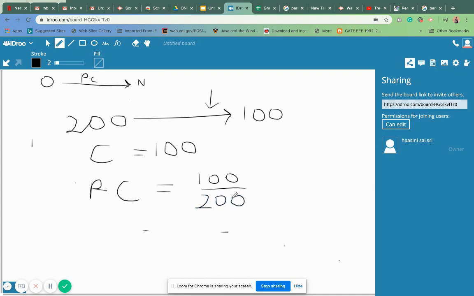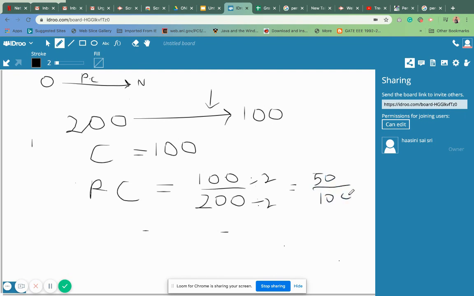So this is a fraction. Now I want to change this particular fraction to a percentage. Percentage has a 100 in the denominator. How will I change 200 into 100? I can just simply divide this by 2. I can divide the numerator also by 2, and the answer will be 50 upon 100, which is nothing but 50 percentage.